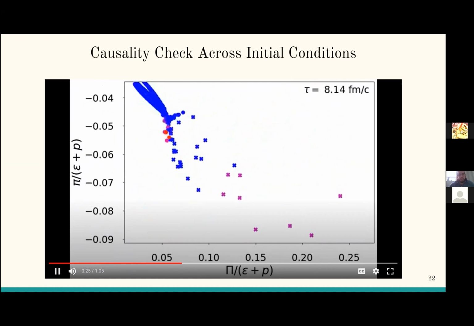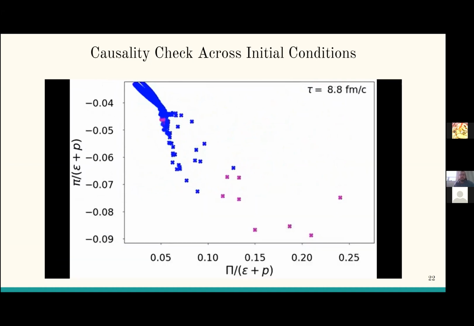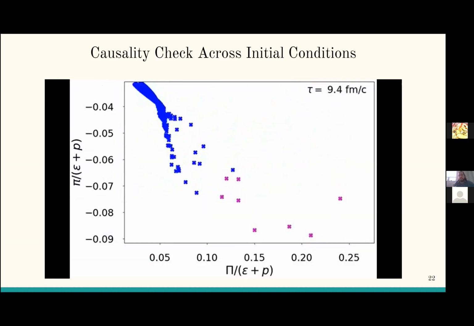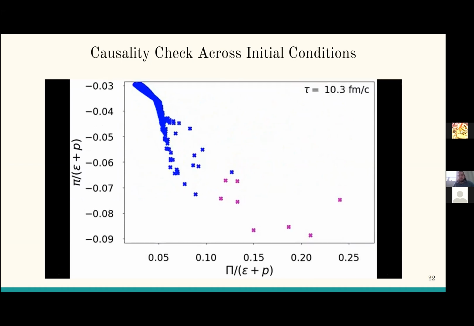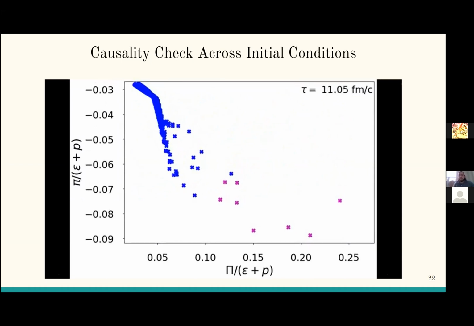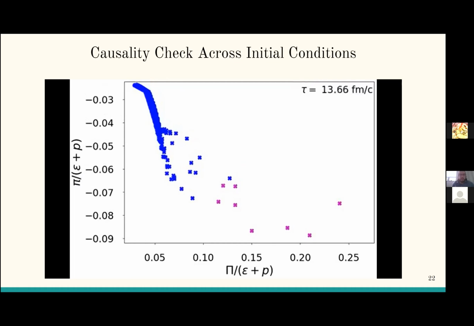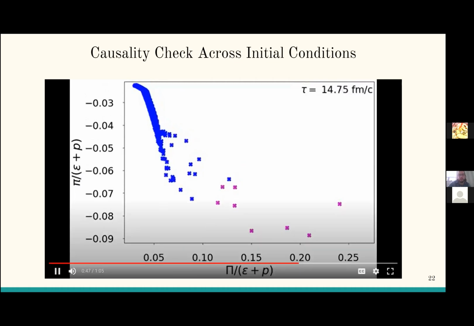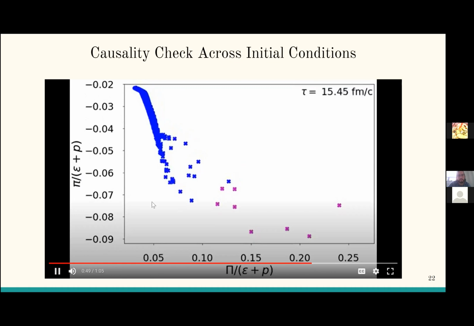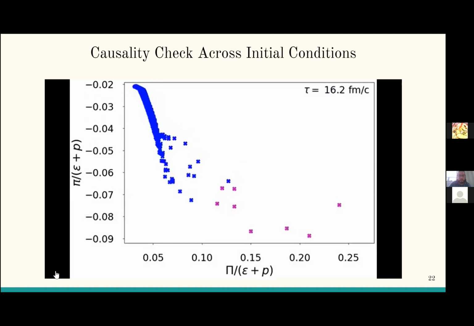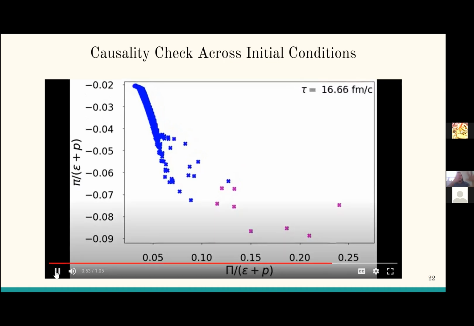Which is expected in a sense, because as your system equilibrates, it looks better and better, but that doesn't mean that the system started out causal, or that you should have continued to run that hydrodynamic simulation, because at some point it became acausal. At any point they become acausal, you really don't want to trust what's going on. You really don't want to trust your formulation there. This will continue on and not much else really happens here, but I think it's a nice little visualization of what's going on. I really like it in the beginning when they're all swimming around.